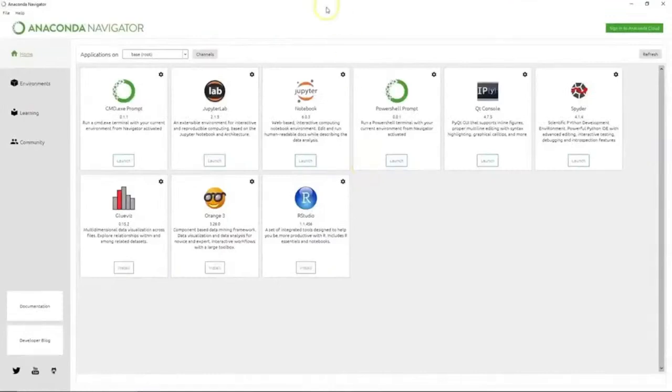As you can see, there are a bunch of applications. You don't need to worry about what these mean right now. Just understand that this is essentially a bundle of different applications and technologies that come along with the normal installation of Python that you get when you install Anaconda Navigator. Now that we have seen how to install it, I would definitely recommend that everyone watching this video installs Anaconda, not just the normal Python installation or implementation.